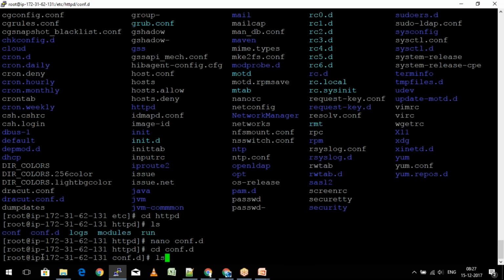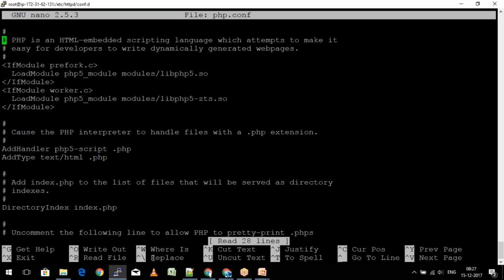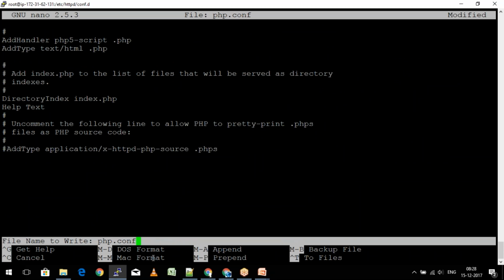Yeah, so I have the configuration file here. Like let's say I've got the php conf file. Let's say I want to add some random text here. And let's go ahead and save this.